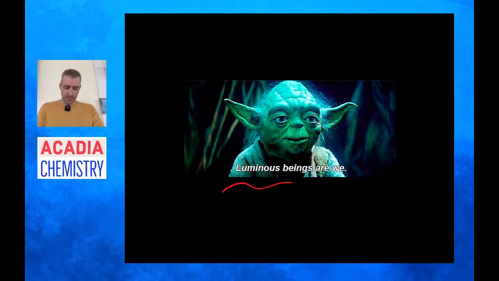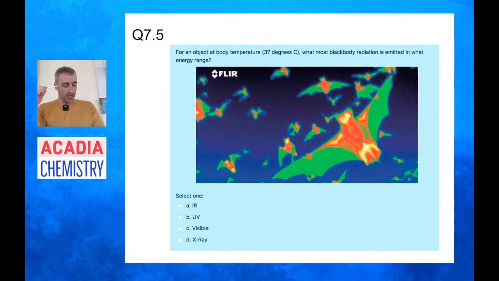So yeah, Yoda said, luminous beings are we. And he's right. We are giving off light all the time, just not visible light. It's all infrared. For an object at body temperature, most blackbody radiation is emitted in